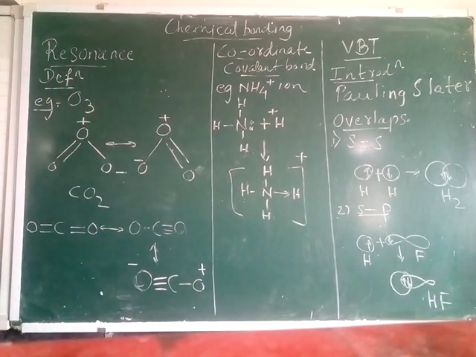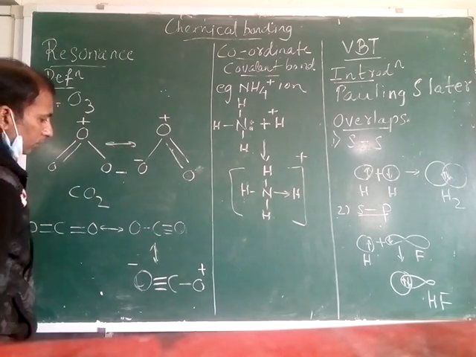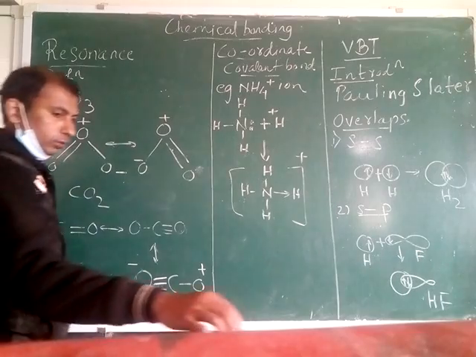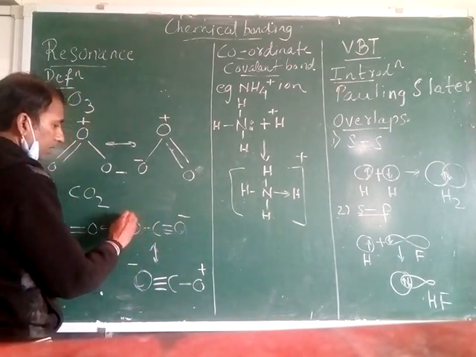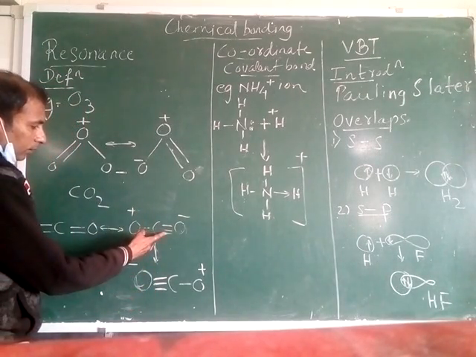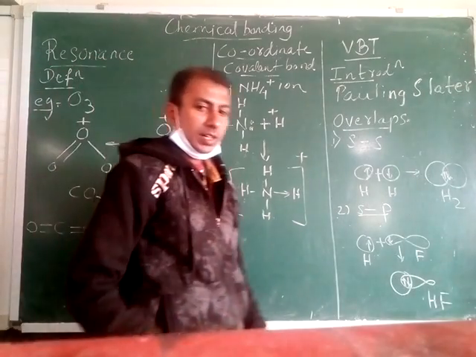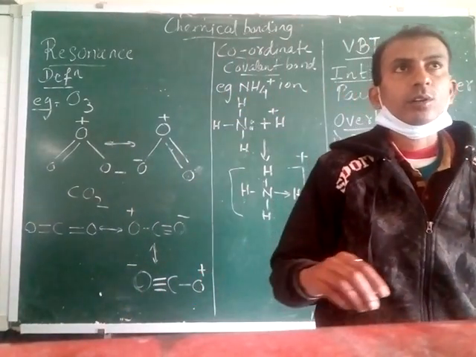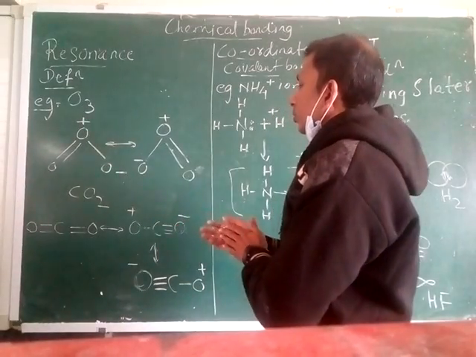We have another example here, carbon dioxide. Second example. So carbon dioxide CO2, the first structure we can write like this: C double bond O, double bond O. Second, C triple bond O, single bond O. Wherever you have the triple bond, you have to show minus, and on the single bond O, show plus. And the next one, shifting this triple bond to the other side, you will get the last structure. So there are 3 resonating structures for CO2. So this was the topic, resonance.